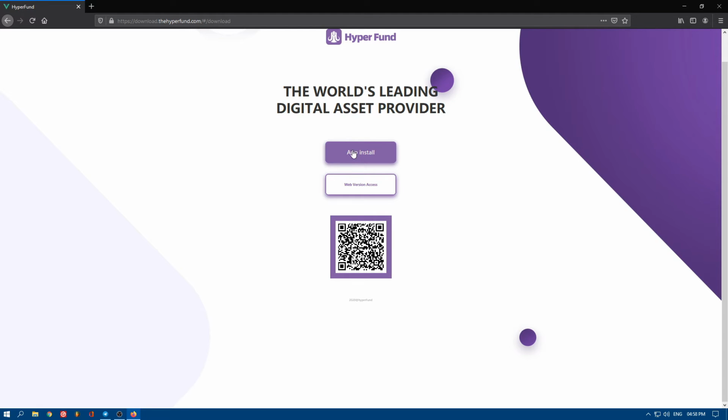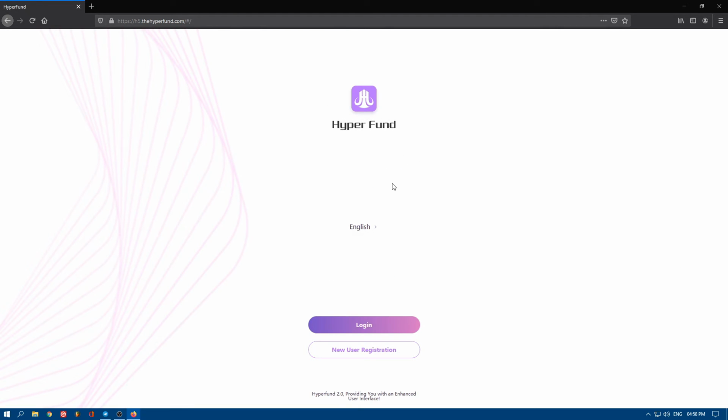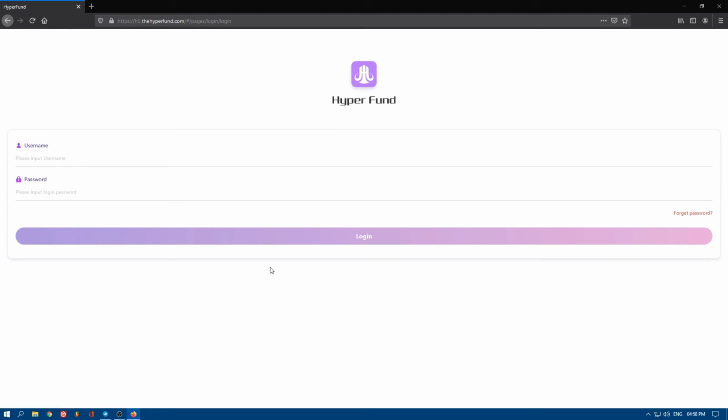So when you're on here, don't click app install unless you're watching in the future and it has been developed and it's out now. You could click that, but right now in these current times the app is still in development. So I'd go on web version access and then log in with the username and the password you just